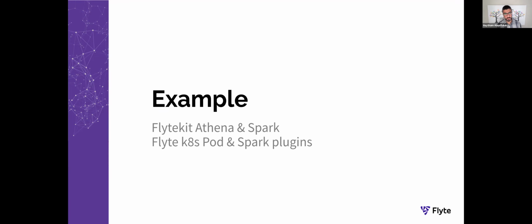This is sort of the overview, I guess, about all of the magic behind running these plugins. I wanted to go over a couple of examples. We'll pull in code now. We look at FlyteKit, the Athena, and Spark. So these are the two examples we looked at for the user code, and how are they different from FlyteKit